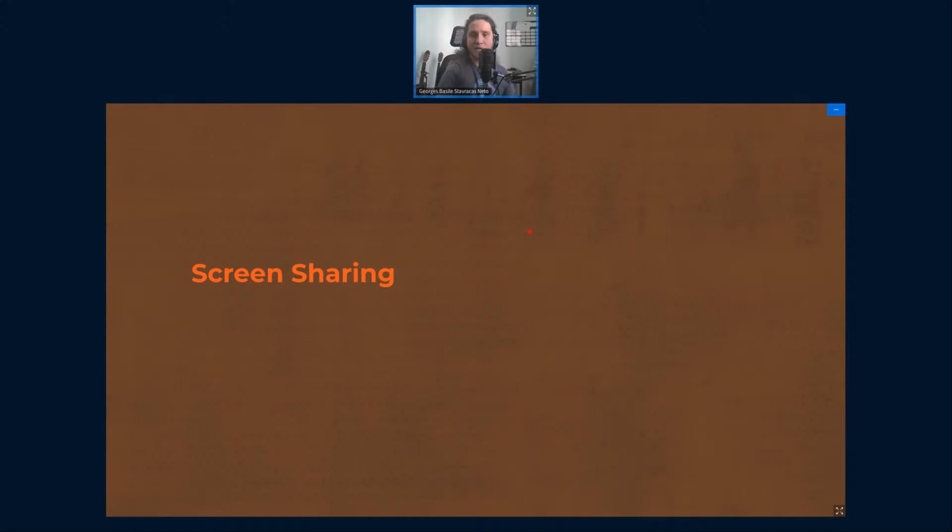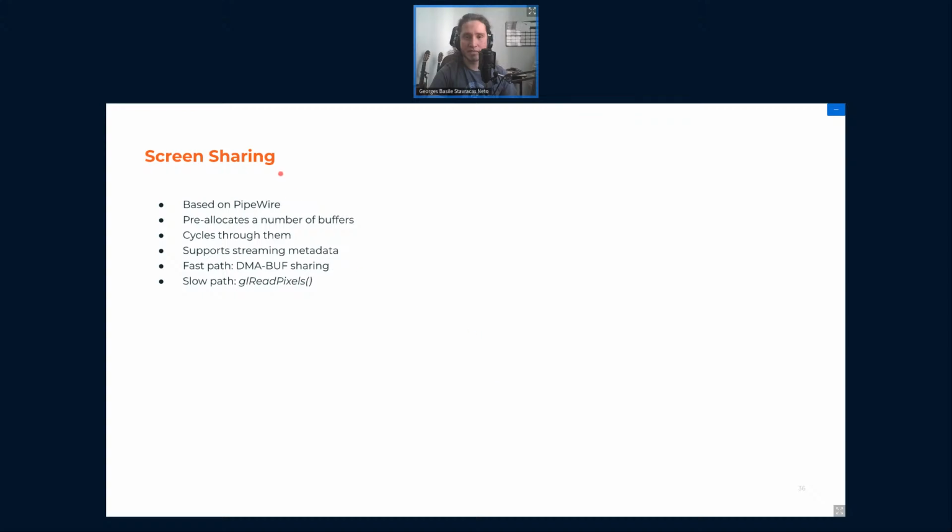And the last big topic that I think is relevant for us, because it does touch some kernel APIs as well, is screen sharing. Mutter implements screen sharing in terms of PipeWire-based streams, in the plural, because you can have more than one stream.